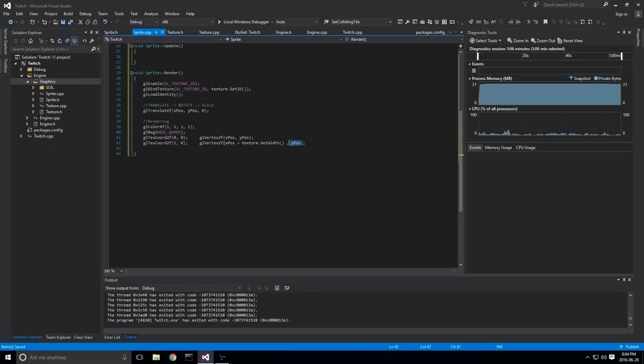And our YPOS will stay the same because we're still referencing the bottom of the image. That's why it's 0. Okay? So now we'll go to the next vertex, and the ordering actually does matter. We're going counterclockwise here. So 0, 0, then 1, 0, then 1, 1 is the top right of our image. So if you probably guessed already, we're going to add the width to our texture position, and we're also going to add the texture.getHeight. We're going to add the width, and we're going to add the height.